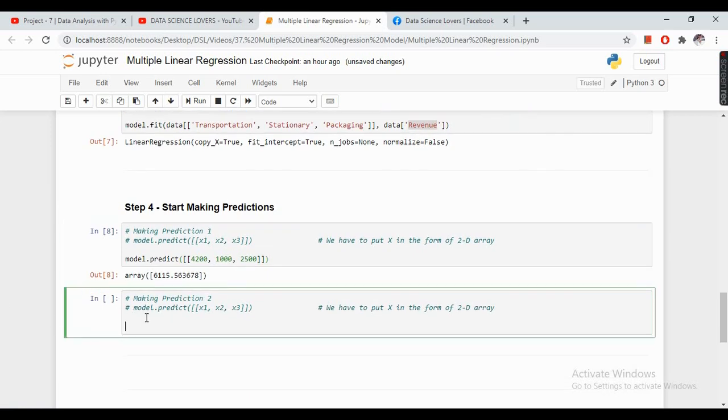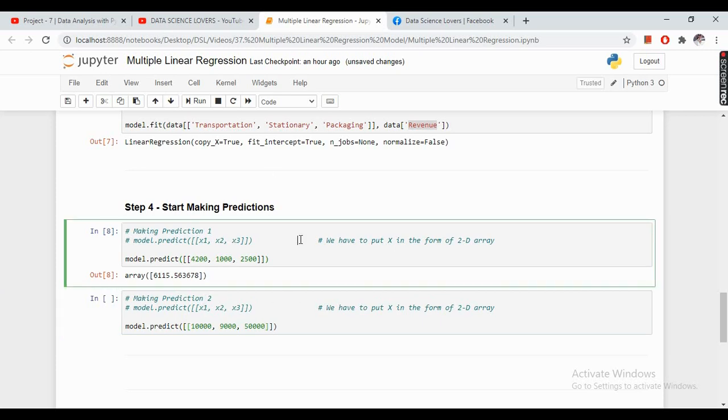If I make a second prediction, if I take model.predict here, if I write transportation cost as 10,000 and stationery cost as 9,000 and my packaging cost as 50,000, we can write any value here to predict.